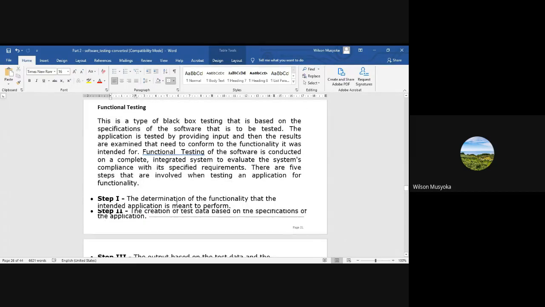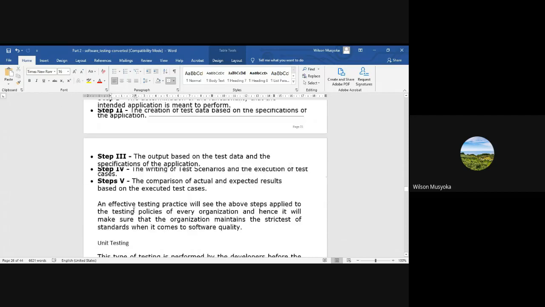So here, the first step we normally perform is to look at what functionalities are expected or intended for this software application. Then the second step is you create the test data based on the specifications. Then step 3, the output based on the test data and the specification of the application is obtained. After that, step 4, you write the test scenarios and execute the test cases. And then in step 5, you compare the actual and expected results based on the executed